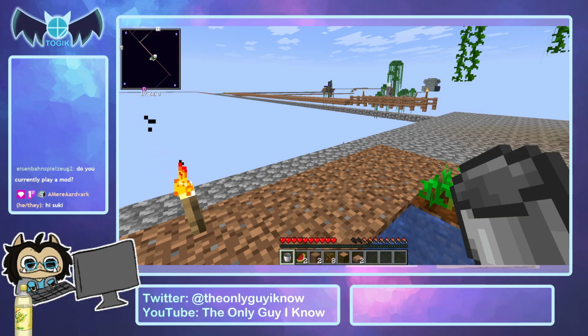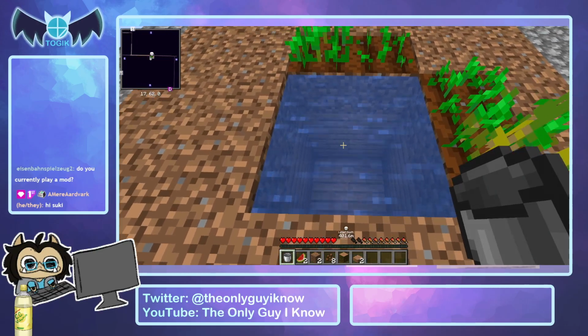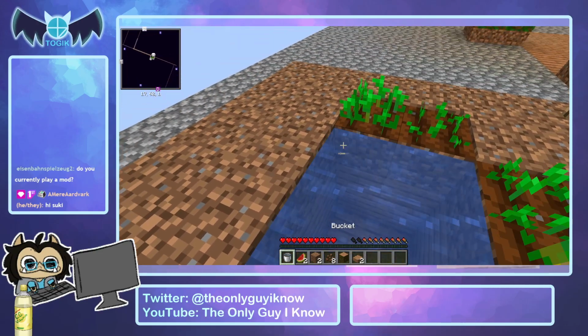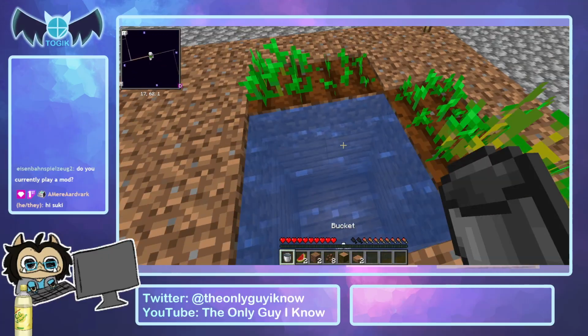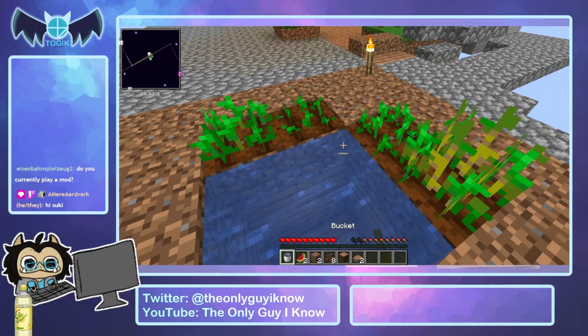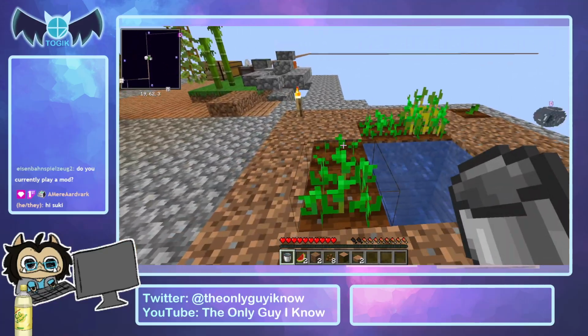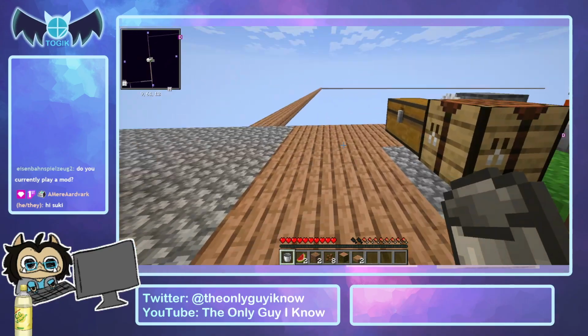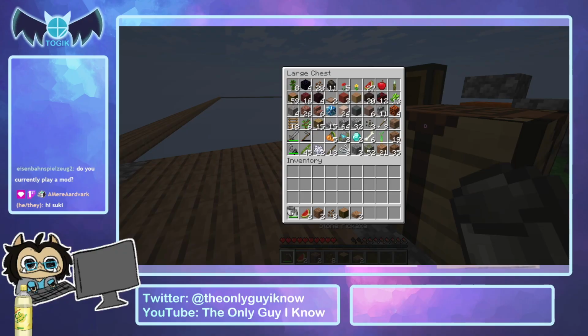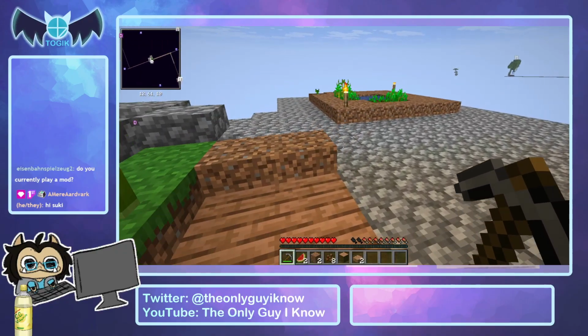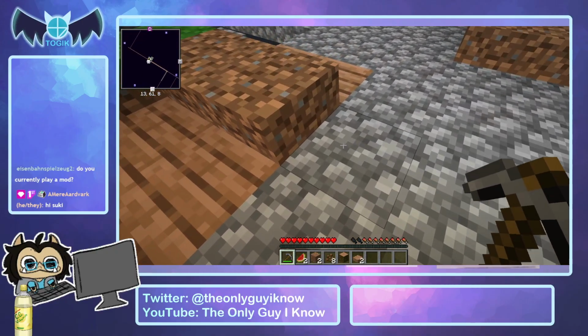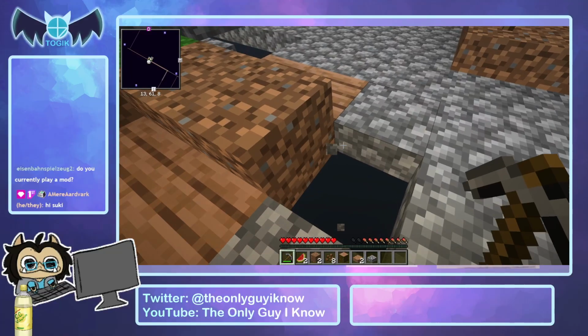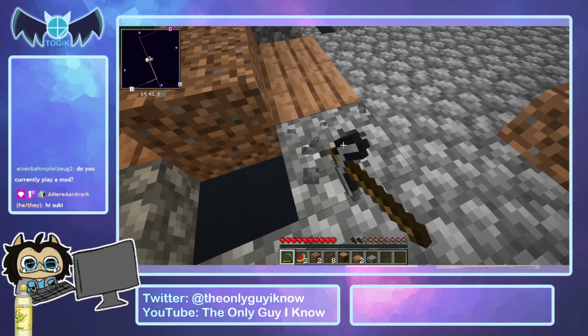Alright, well, we have 4 at the moment. This is good for now, but it will mean that I have to go and grab it later. Oy, that kind of sucks. Let me grab my pickaxe, which I believe is in here. Yep. Okay. We will get more eventually. It's just gonna take some time. So if I do this correctly,